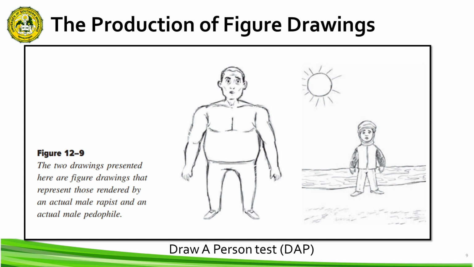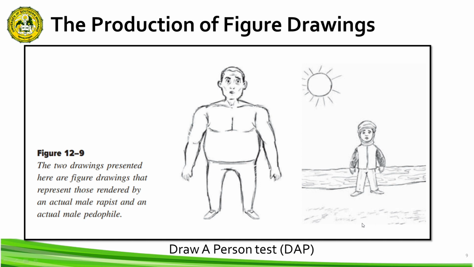And according to Hammer, the slightness of the drawing and presumably of the individual's self-concept from the waist down may be compensated for by the sheer forcefulness of the upper body. A final observation with respect to this drawing is that it is devoid of clothing, a fact that itself is ripe for psychodynamic interpretation. So if we compare it to the second figure, which is a drawing of a